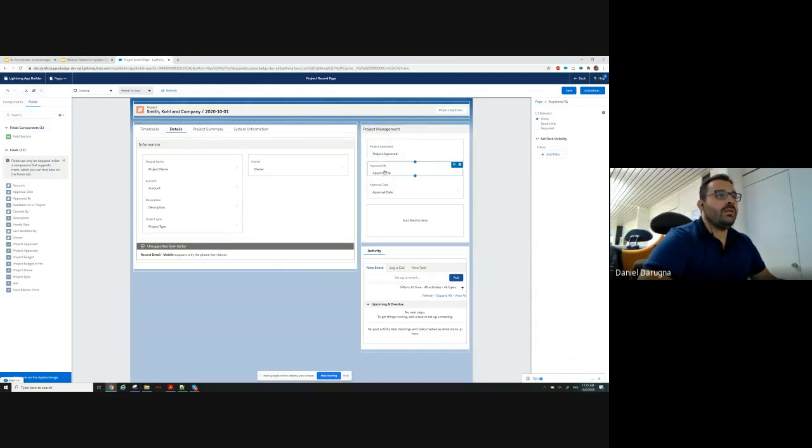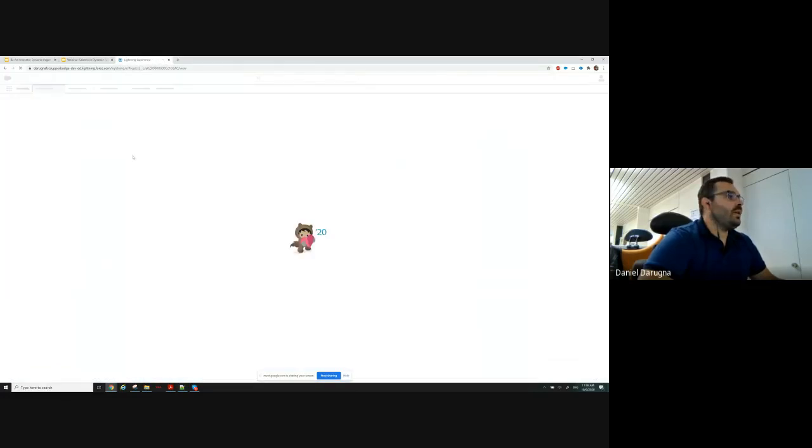So here, when we click in a field, we have this section here on the right, and here we could set a visibility filter, but in this case, I want this to be visible to everyone, so I will not create a filter, but I want this information to be read-only. So if I click here, it will be read-only, this one as well. And this one, as you can see, since this is a formula field, I cannot select, it's read-only by default, of course. So then if I save the record page and I go back to my project,